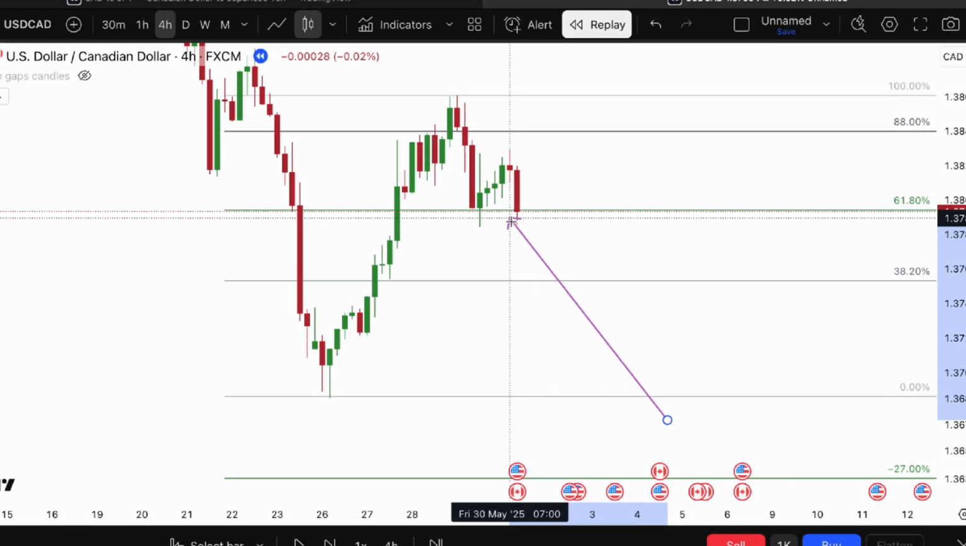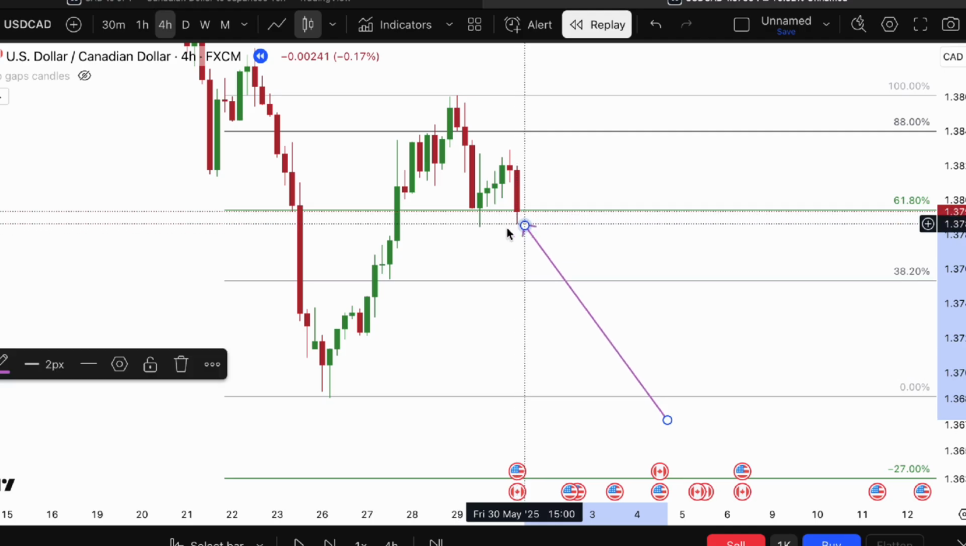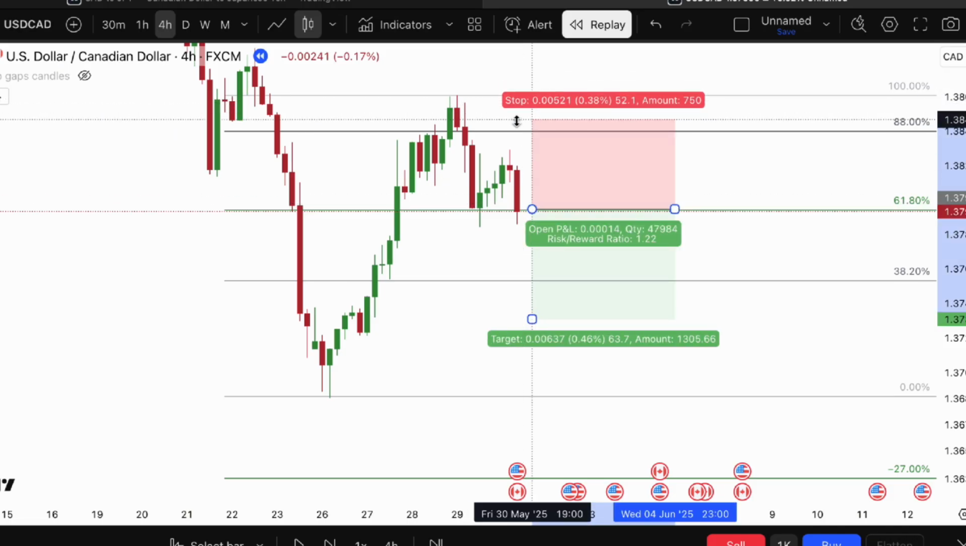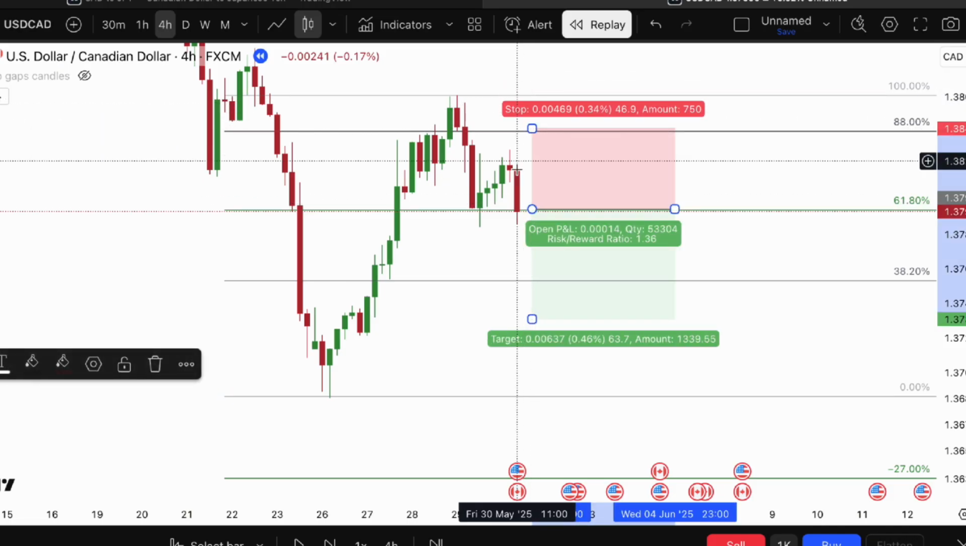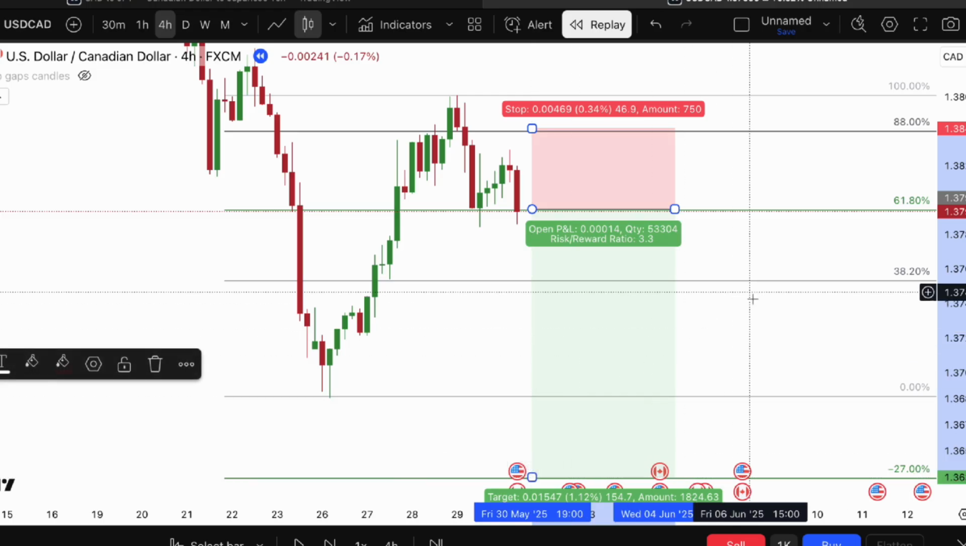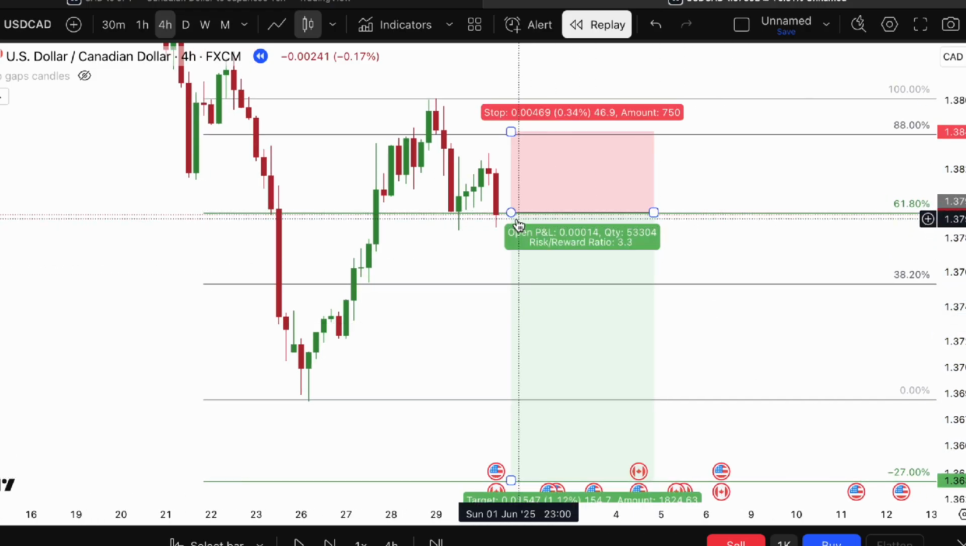Right here, we have the break of this 61 level. This means the new impulse has started. We can now place our order on the 61, stop loss on the 88 level because we are then protected by this structure right here, and/or take profit on the negative 27 to create at least a 1 to